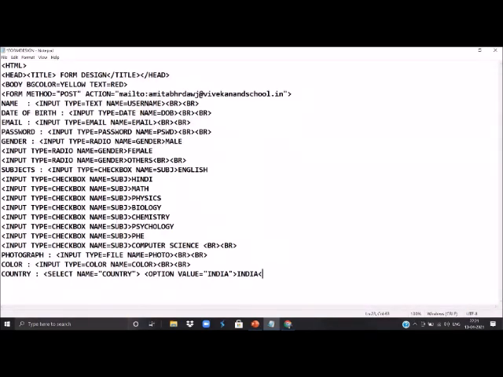Input tag is an empty tag, it is not required to be closed, but the select tag is a container tag, it is required to be closed. So we will close it as /option.